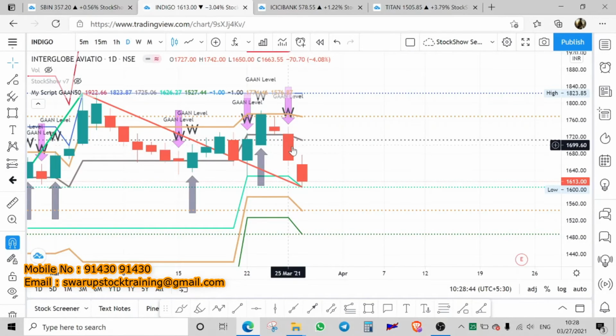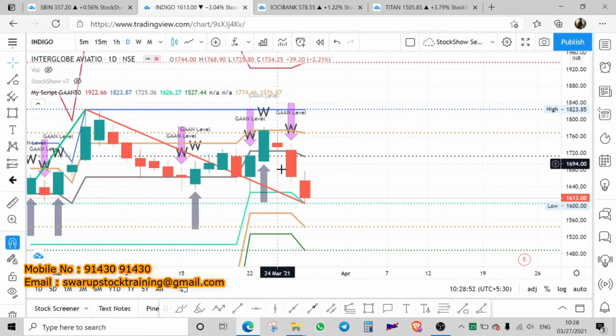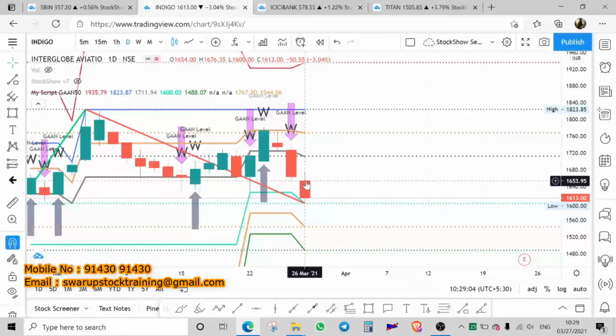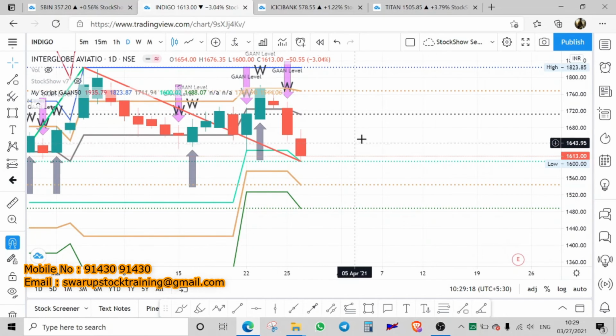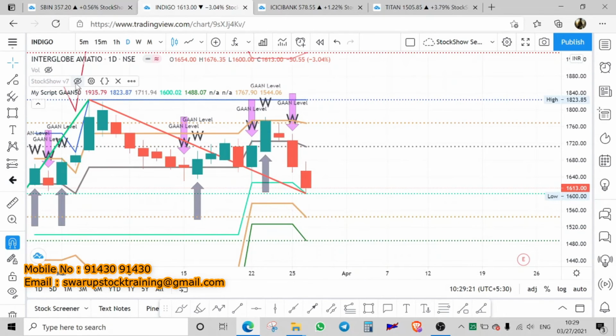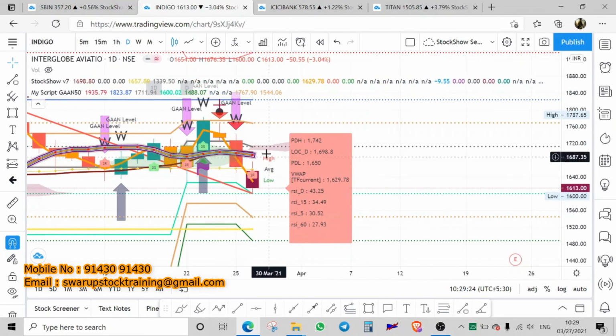If I short at this level 1661, what is my next target? My Gann target is here. All these numbers are appearing. So therefore my next target is 1544, because the price at this level is 1653. Once it is broken, that means my next target is 1544. Okay, so this is how the targets are set. I don't have to calculate anything. These are all mathematical calculations. Okay, and then I will take this particular ride.